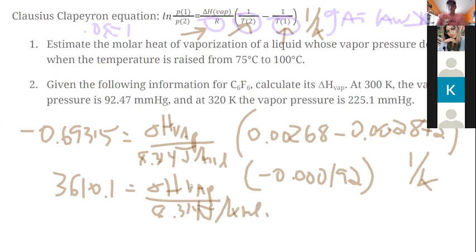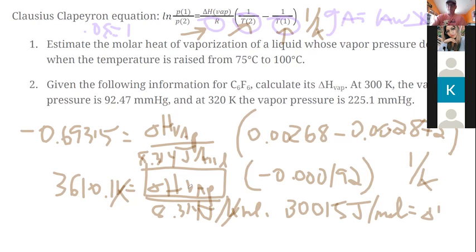And since I divide it by 1 over K, I now have K over here. My K's cancel, and I'm left with joules per mole, which is what I want, basically. So then I just multiply each side by 8.314 joules per mole, and I wind up with 30,015 joules per mole equal